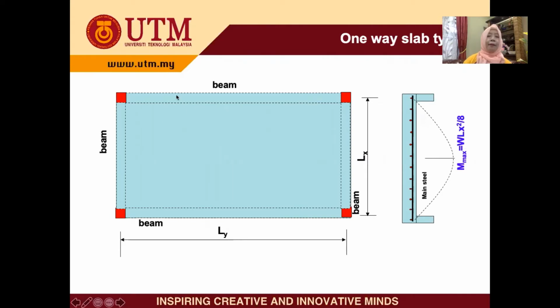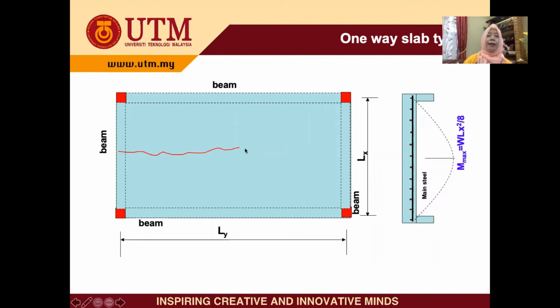Now we have the one-way slab type. This is the slab that's surrounded by the beam, so you can see here the beam. You need to calculate Ly over Lx. If Ly over Lx is greater than 2, we need to design only in this X direction. You don't need to design in the Y direction. Why? Because during the ultimate limit state,